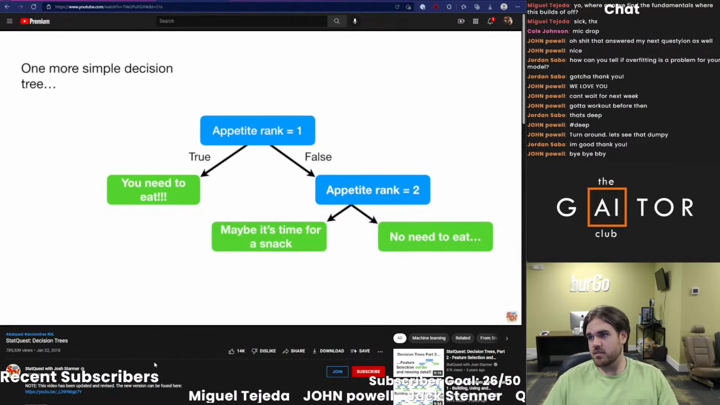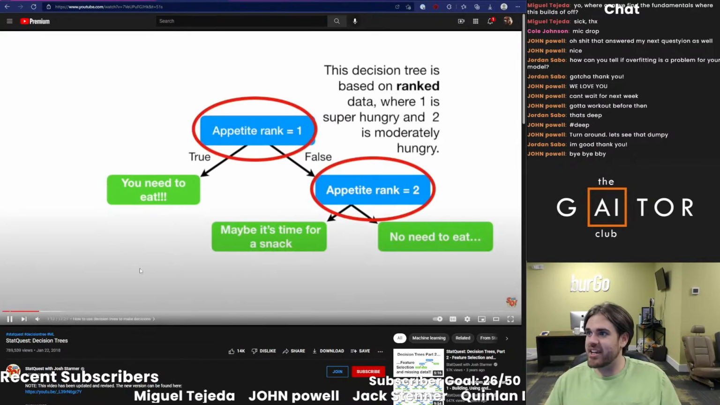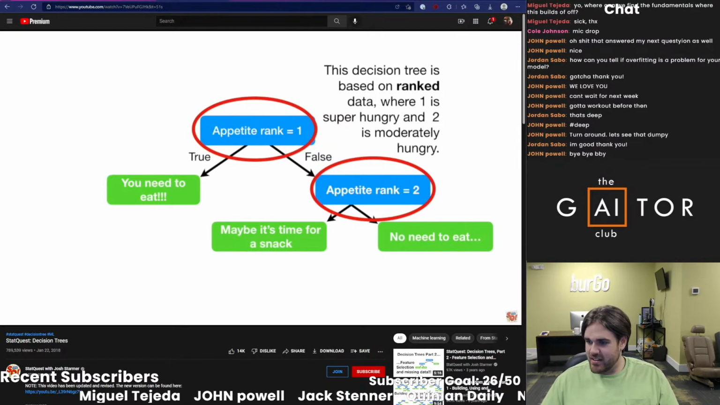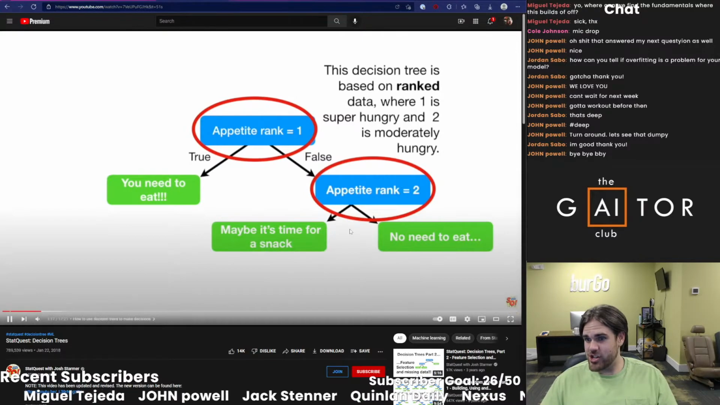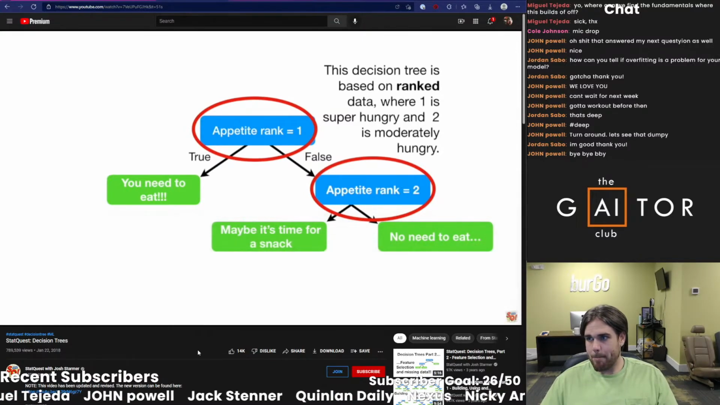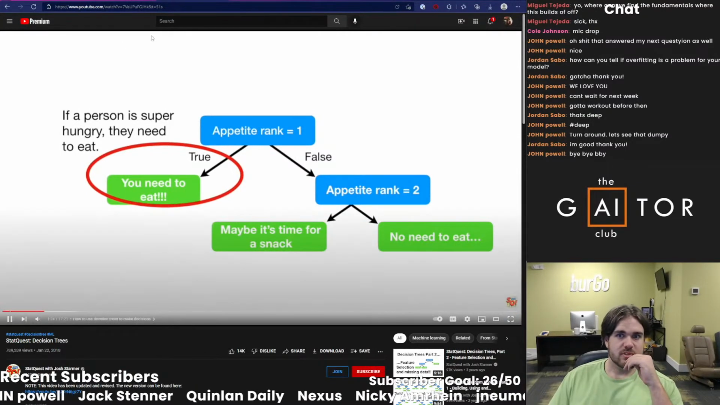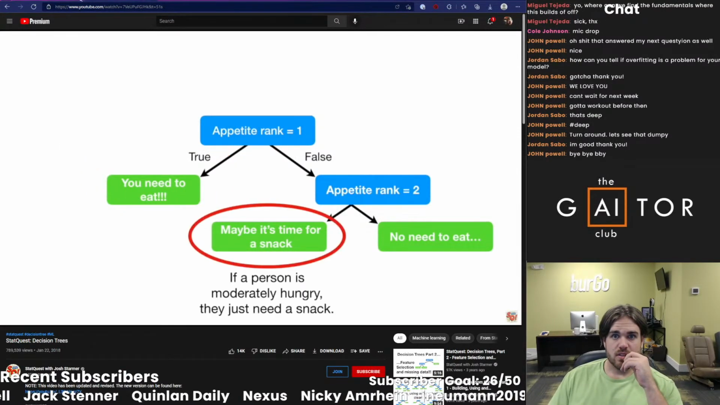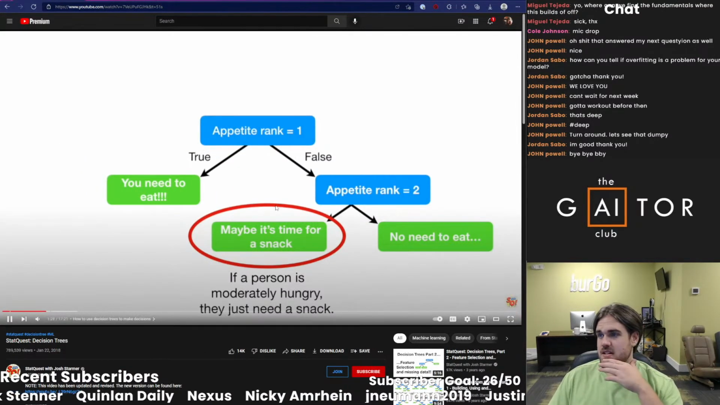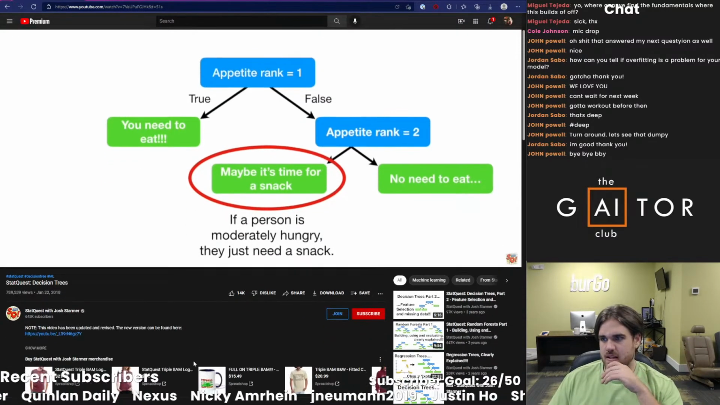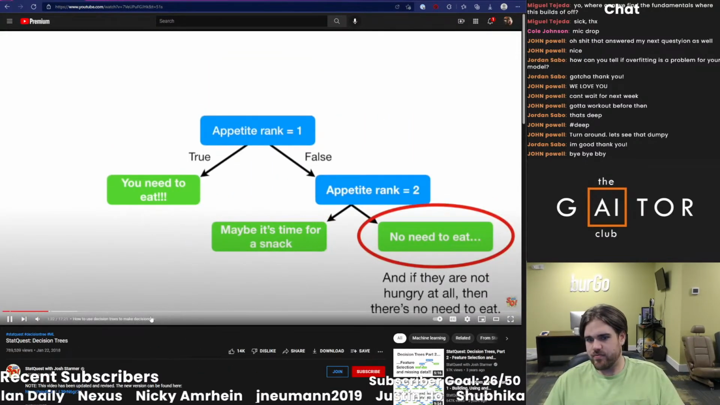Here's one more simple decision tree. Hopefully I don't get DMCA strikes. This decision tree is based on ranked data. One is super hungry, and two is moderately hungry. If a person is super hungry, they need to eat. And if a person is moderately hungry, they just need a snack. And if they are not hungry at all,